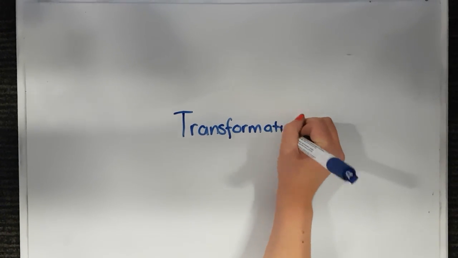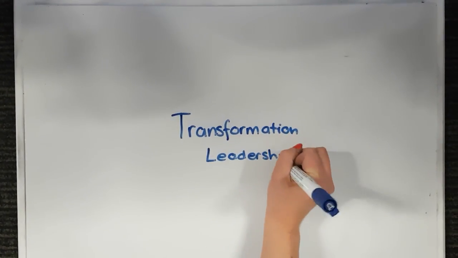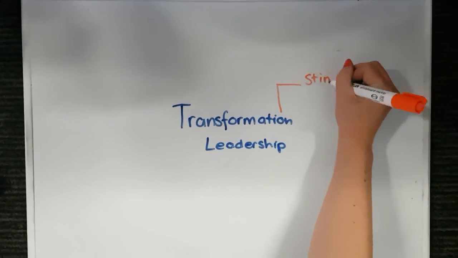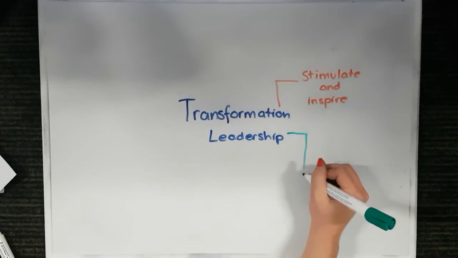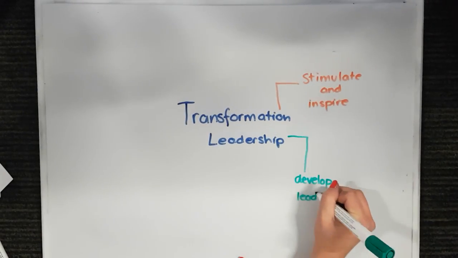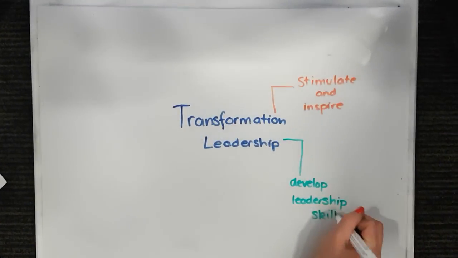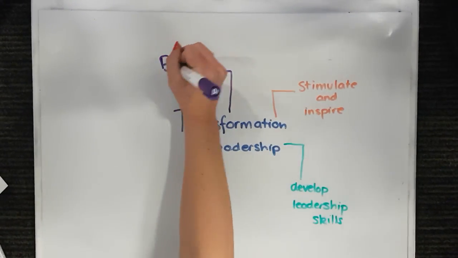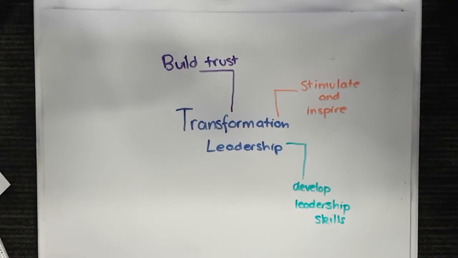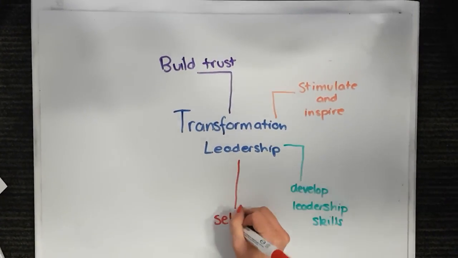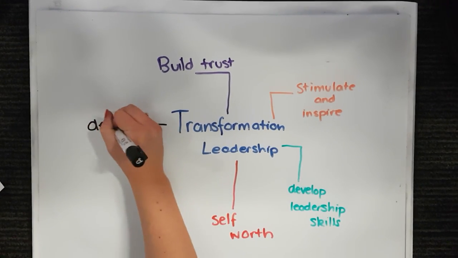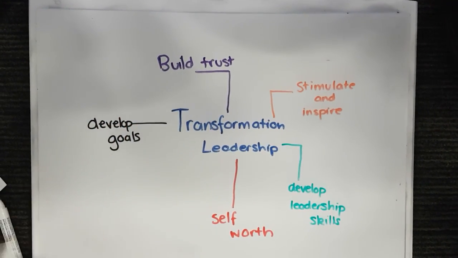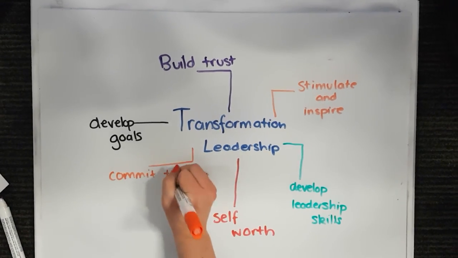Finally, Larry looks at transformational leadership. Transformational leaders stimulate and inspire their followers to achieve extraordinary outcomes. They let team members develop their own leadership capacity, as well as giving them a sense of self-worth. If a leader can successfully inspire their team to commit to a shared vision and goal, challenge them to be innovative problem solvers, and coach and mentor them to build leadership skills, then they will well and truly exceed expectations.